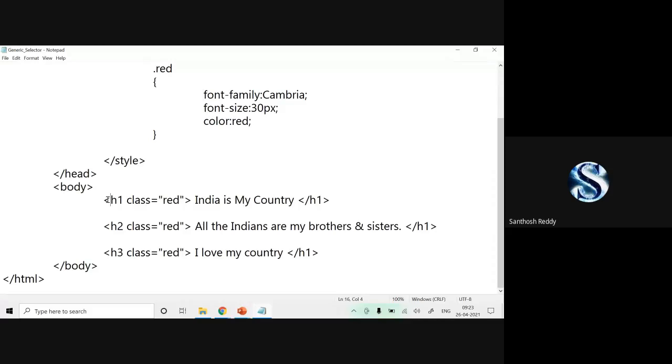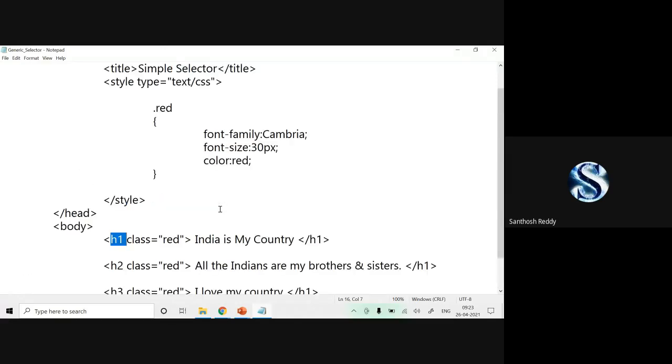Suppose you have one tag, one statement, and you want to apply properties to it. We use the same keyword class and assign some value. But whenever you apply this generic property in the header part, it changes.